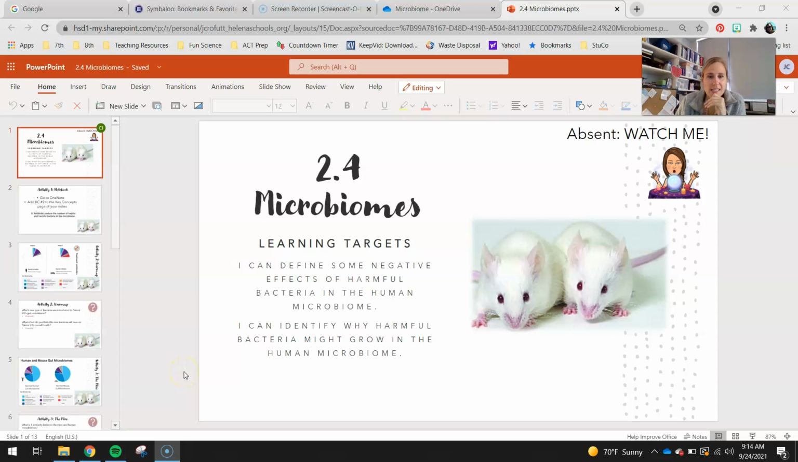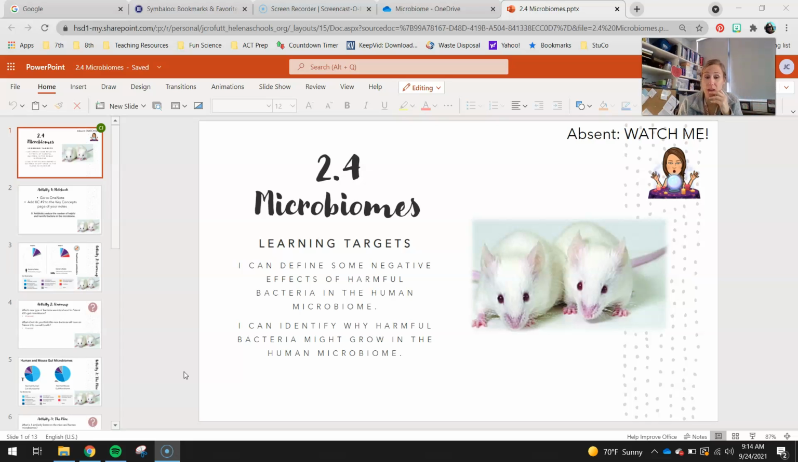Hey, 7th graders, today's lesson is 2.4 microbiomes. Your learning targets for today: I can define some negative effects of harmful bacteria in the human microbiome. So you guys are going to read two articles about two different types of bacteria, one being Salmonella, which should